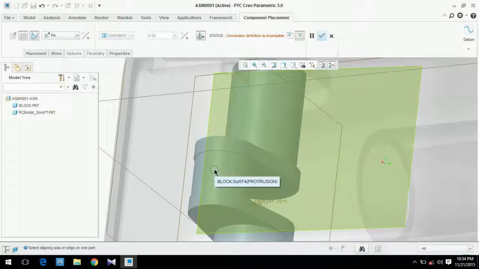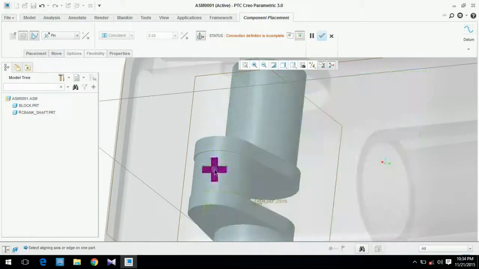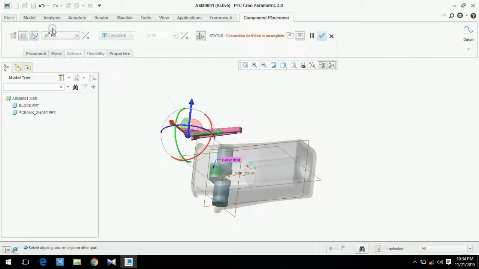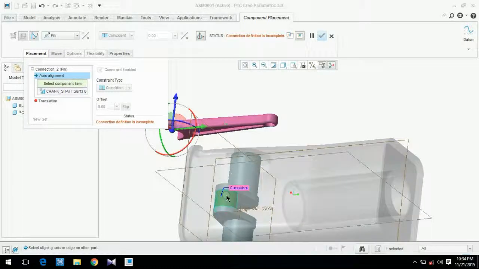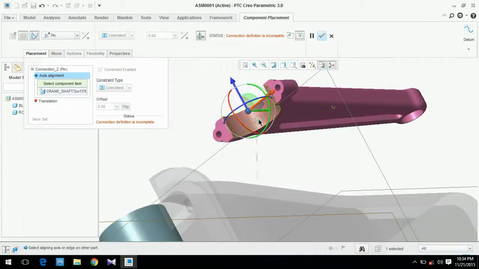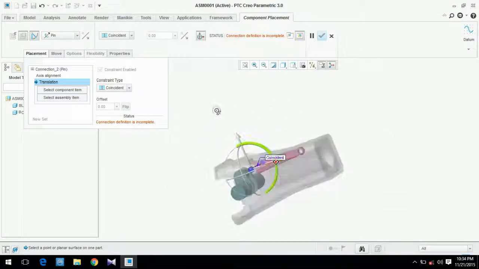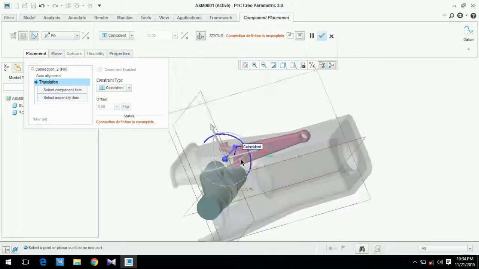Second, third, we got this surface, select, and we will put it as axis of alignment with this. Okay, second, translation of our object, we will select this face